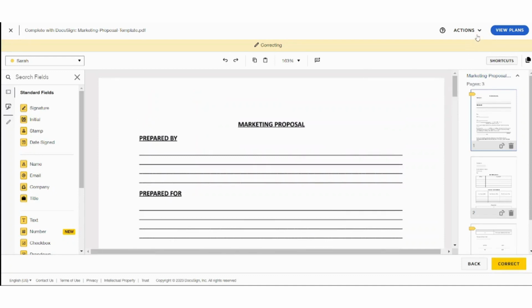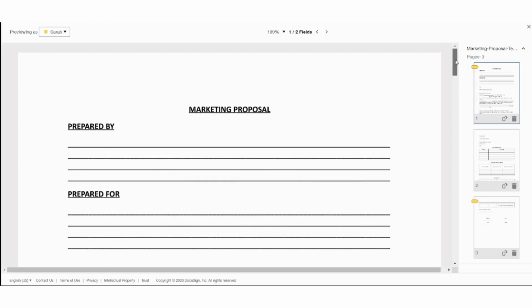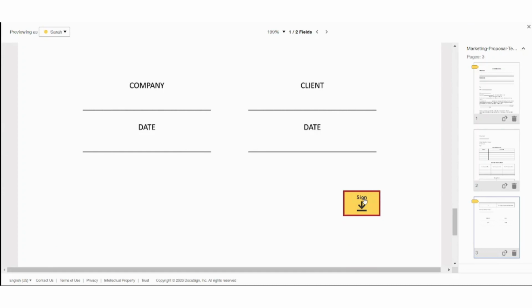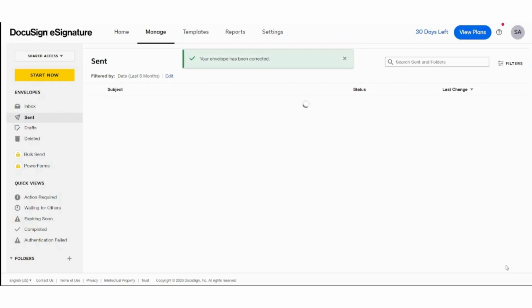However, I would prefer to just go to actions and press on preview so that you can see your document as if you are a user, so that you will know if there is any mistake before sending it. So if the person who received the mail pressed on sign here, he will sign on the document. Here you will find his signature. However, since this is only a preview version, there is no signature here. However, when Sarah, who is in the recipient list, presses on this button, her signature will be here. So once you are done, just press on the X sign and press on correct, and bingo, you have corrected